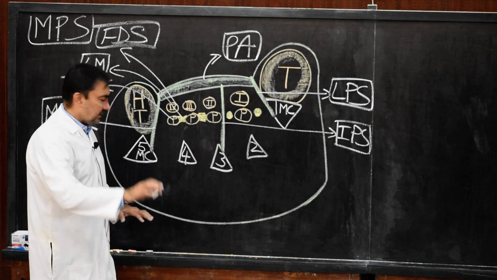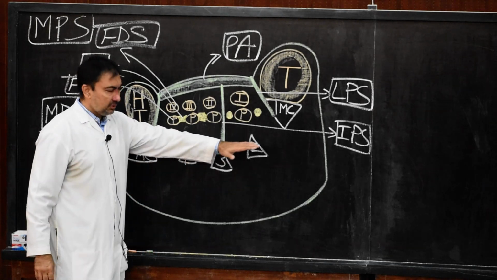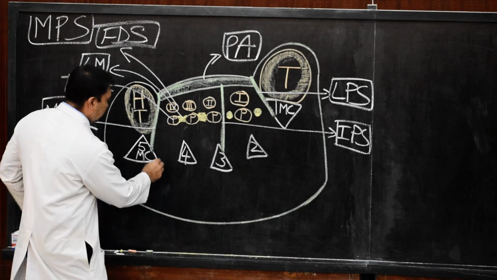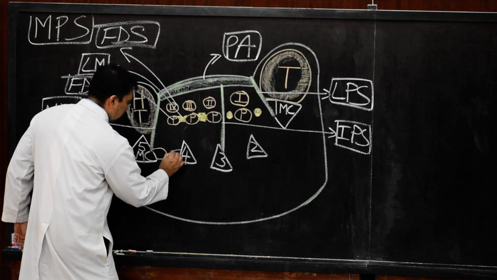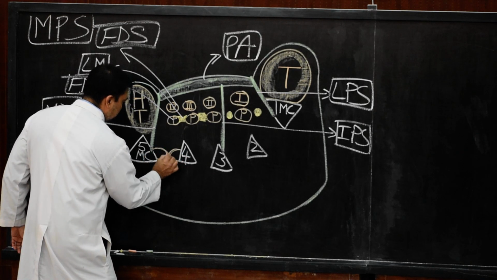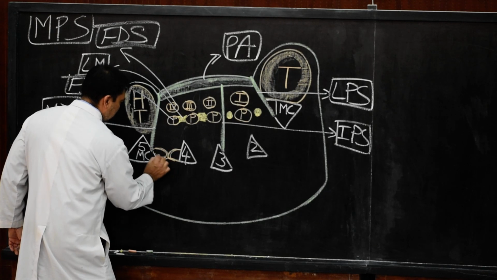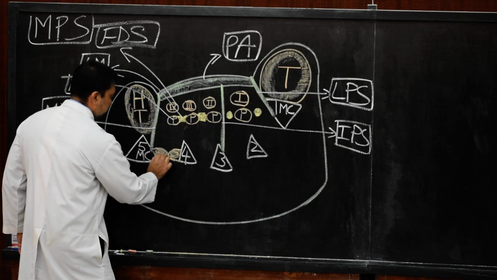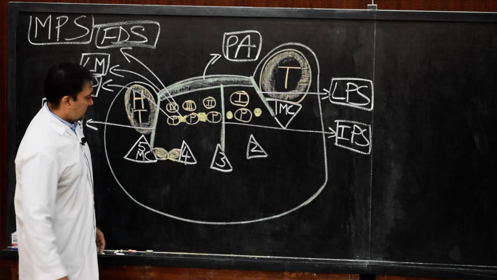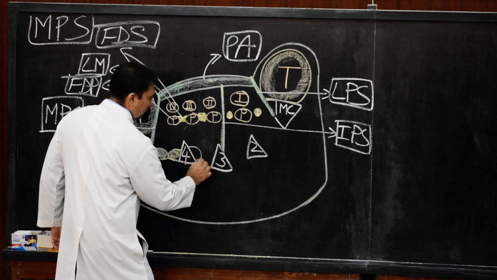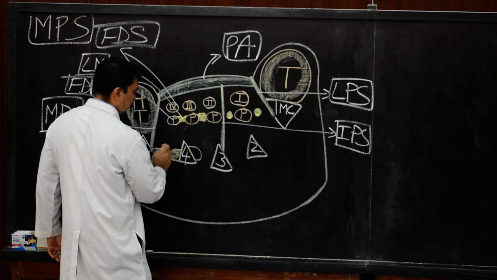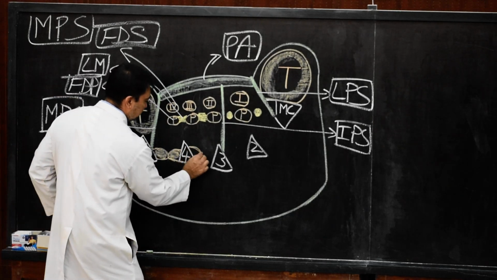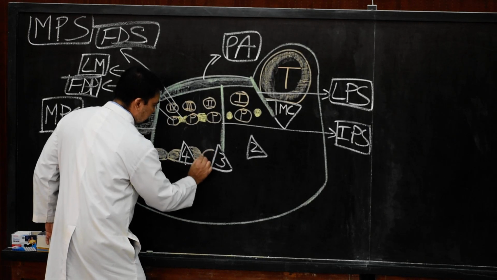Now, to complete the diagram, in between the metacarpal bones we show the dorsal interossei. So dorsal interossei, remember, they all are bipinnate. So here we show the dorsal interossei. These all are the dorsal interossei which are bipinnate. So we show this dorsal interossei in the metacarpal space. This is the first metacarpal space, second, third and fourth. So third and fourth metacarpal space we show, these are the dorsal interossei.